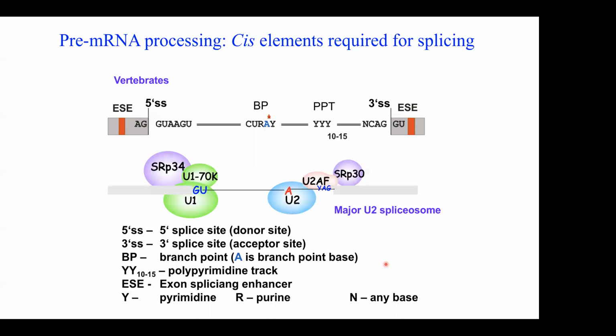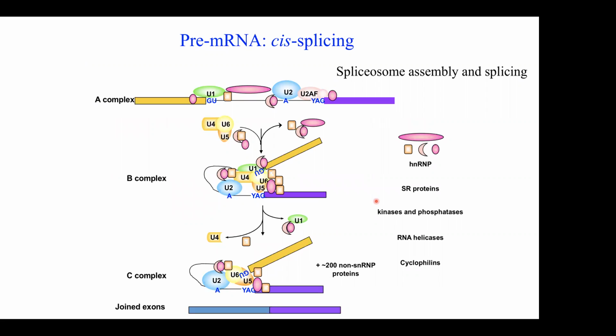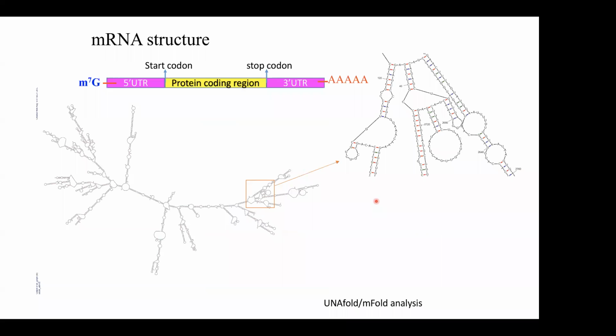When it comes to the matured mRNA, here in the pre-mRNA you have the 5' splice site, the 3' splice site, and also the A branch point site, polypyrimidine tract, and splice enhancer site. All these sites are involved. With these elements, proteins will bind and splice out the intron. This is a complicated process. You can read some papers in detail if you want to. Then the exons join and become a matured mRNA.